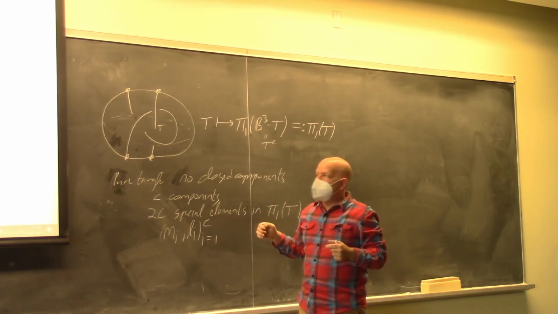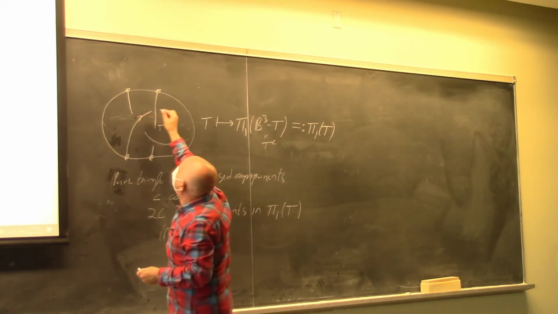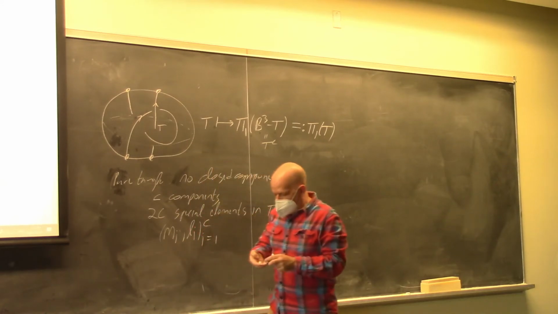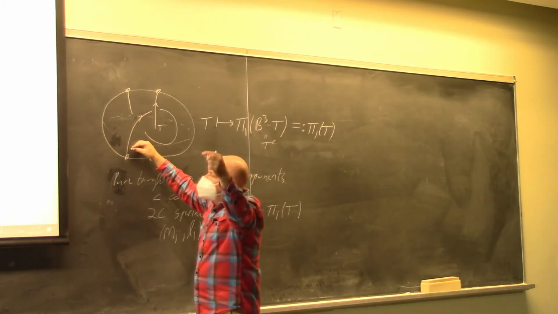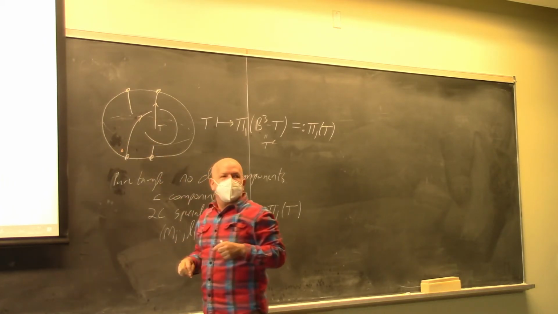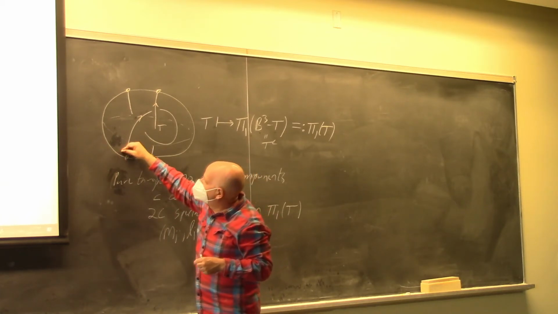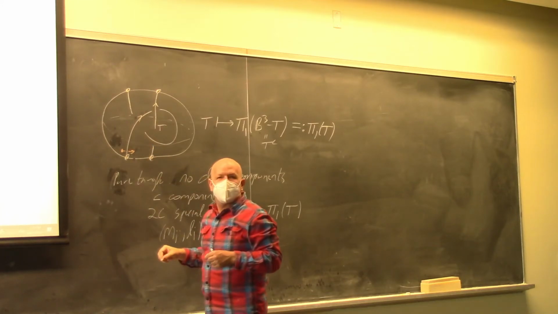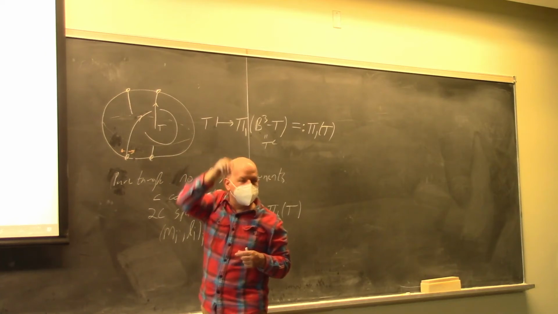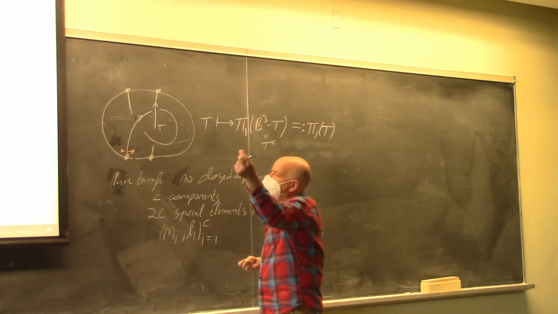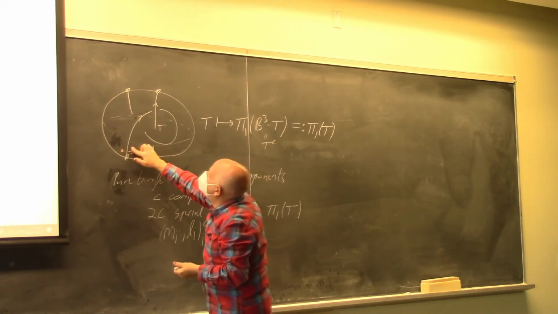And then the Mi elements are the so-called meridians, and they are: you go from your eye to a point just to the left of the beginning point of one of the strands. You go under the strand, and then you come back from the other side and go back to your eye. So really you get a loop that loops around this strand,